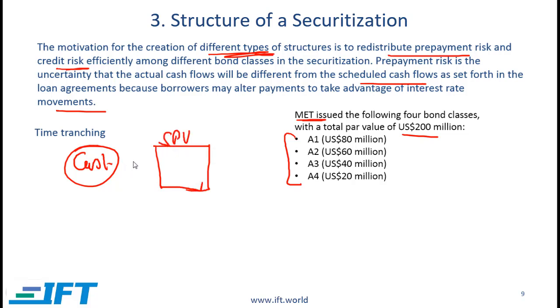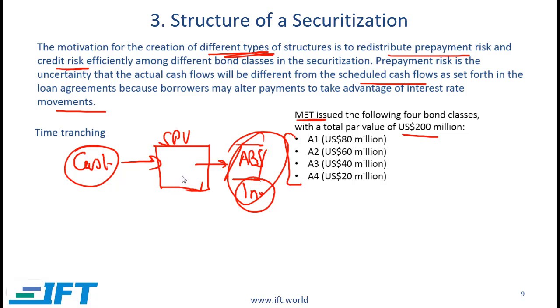So the customer essentially is making payments that flow through the SPV, and then these payments are used to pay off the holders of the asset-backed securities. So this is the investor. If customers start paying back faster than was initially estimated, then obviously the asset-backed securities will be paid off faster and the interest income will be lower than what might have been anticipated initially. The risk of this happening is called prepayment risk.